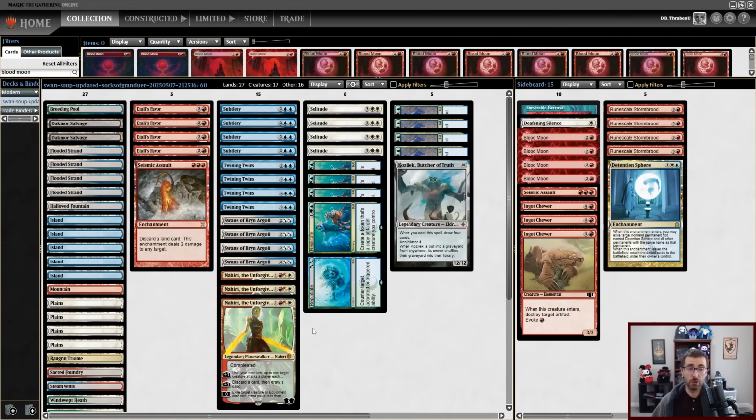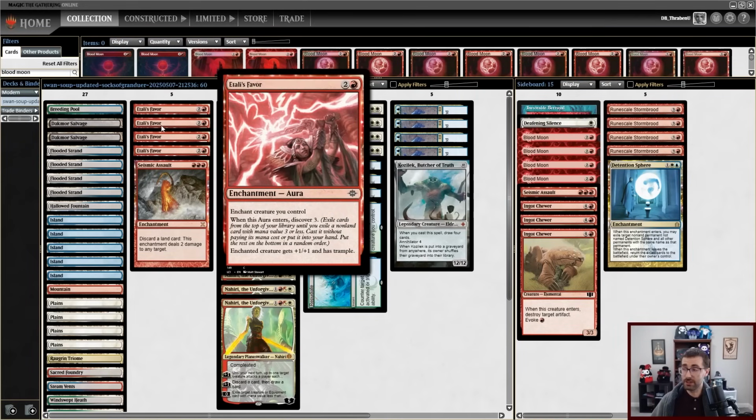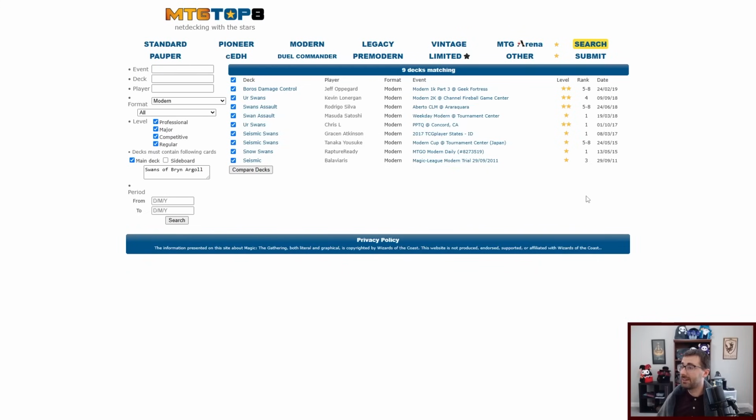So what I'm going to try to do is figure out when was the last time that Swans was successful, and what did those decks look like? Because while this is a really cool interaction, building the deck like this is not working. And this is a really good reality check here. So, the last time that Swans of Bryn Argoll got a recorded result in an event, according to MTG Top 8, was in